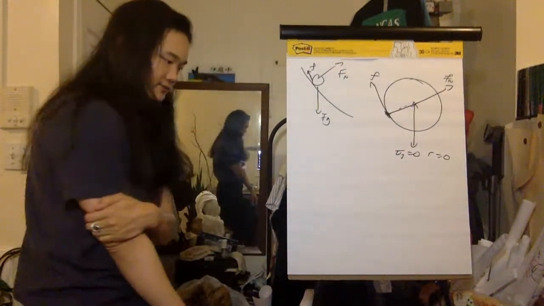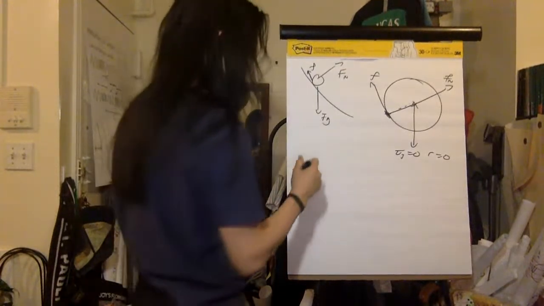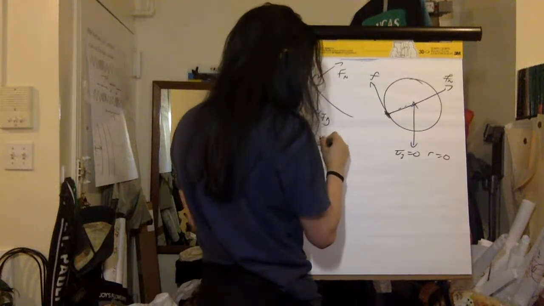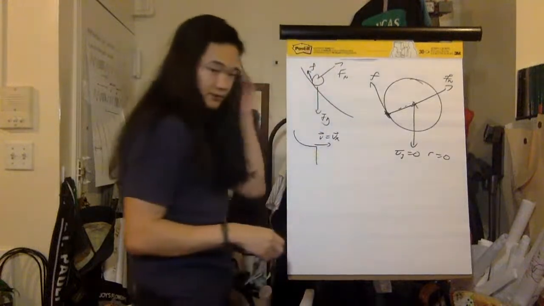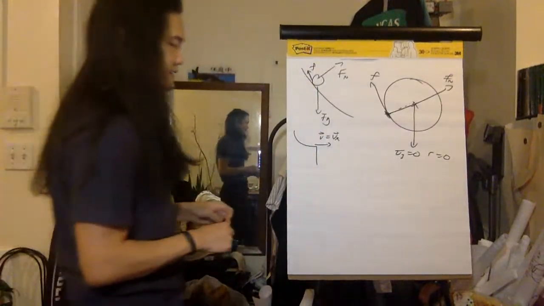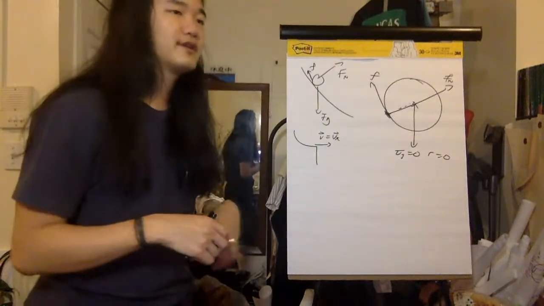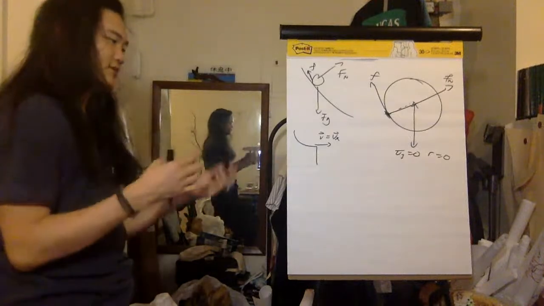So I know that both objects, when released from the ramp, have just a purely horizontal velocity, right? So the velocity is just equal to Vx at that point, which means that, like all projectile problems,